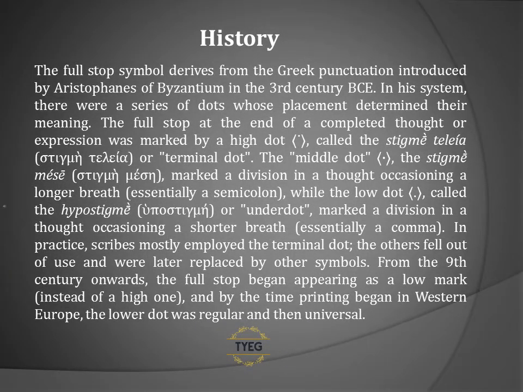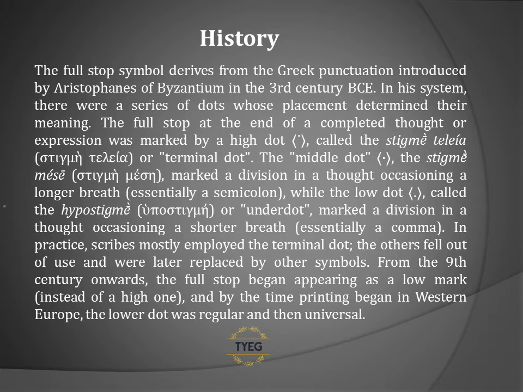History. The full stop symbol derives from the Greek punctuation introduced by Aristophanes of Byzantium in the 3rd century BCE. In his system, there were a series of dots whose placement determined their meaning. The full stop at the end of a completed thought or expression was marked by a high dot called the teleia stigme, or terminal dot. The middle dot, the mese stigme, marked a division in a thought occasioning a longer breath,